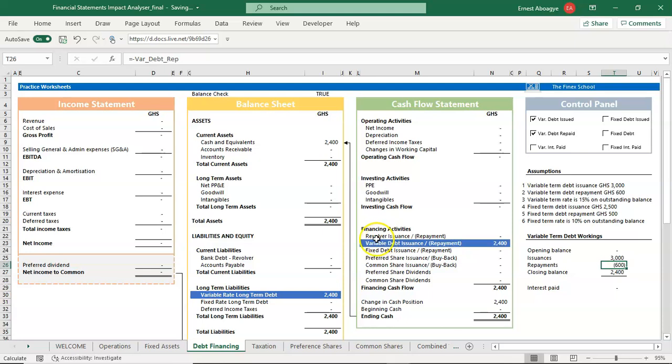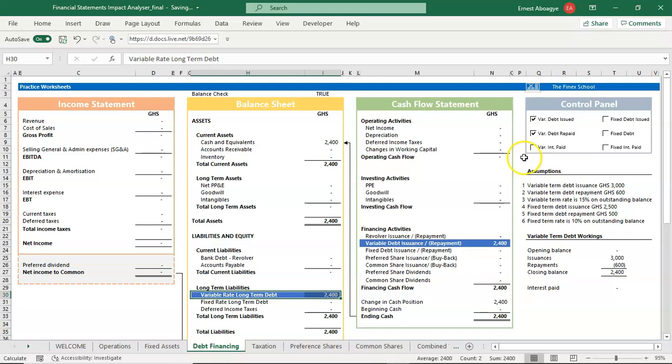We have actually paid it off from cash, so the cash element has gone down by 600. So the cash balance here will be 2,400, which will feed back into the cash and cash equivalents we have here in the balance sheet. And then because we have paid off 600 of the loan, our outstanding obligation to the variable term debt will be